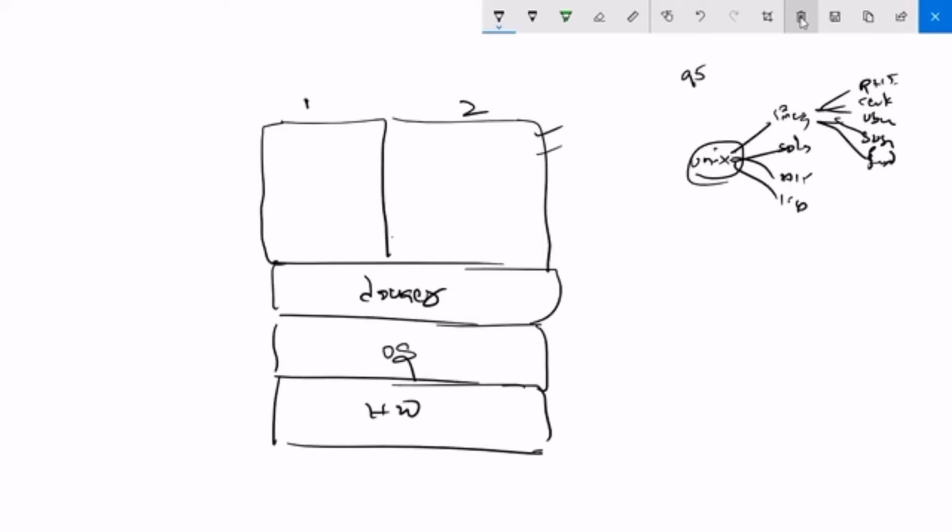So 95% of Unix is already there. The extra 5% of features he has added became Linux, right? So Red Hat Enterprise Linux, okay. 95% is Unix only. Even if you take Red Hat Linux, only that extra 5% has their own features. If you choose any OS, differences you can find only with respect to that extra 5%. That's what they have added separately. But the core OS is same. 95% is same. Understood it?